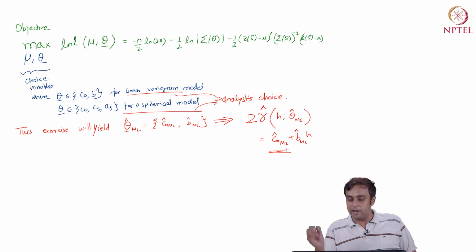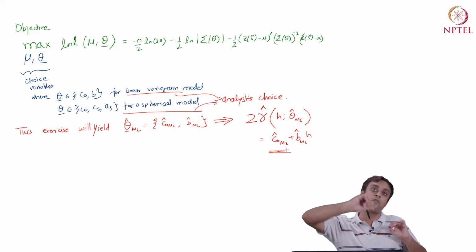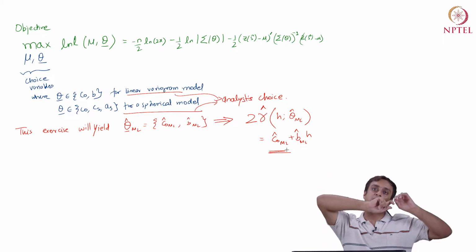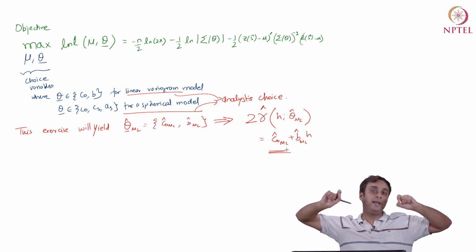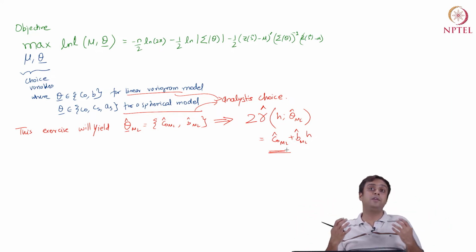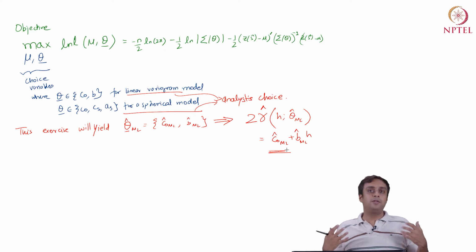So this is the data driven representation of the nugget in my given sample, and b hat is the rate of decline in spatial dependence as we move away from any given location by a lag vector h, right. So we have a data driven entity of b hat and C0 hat ml.